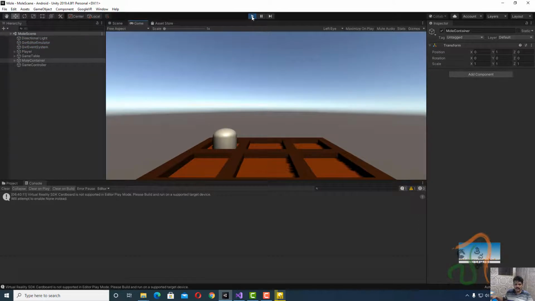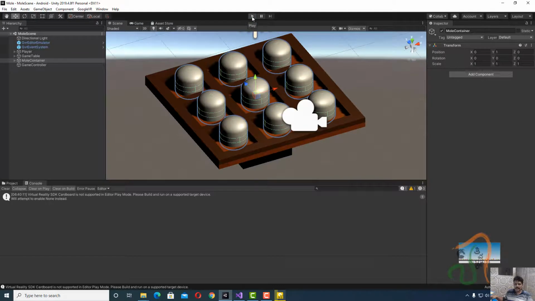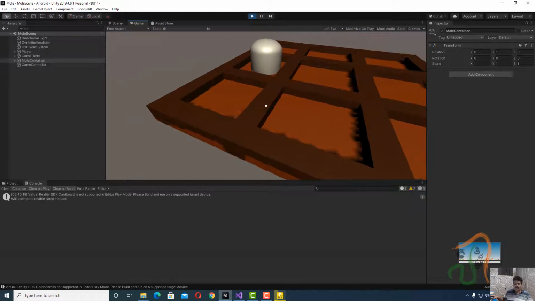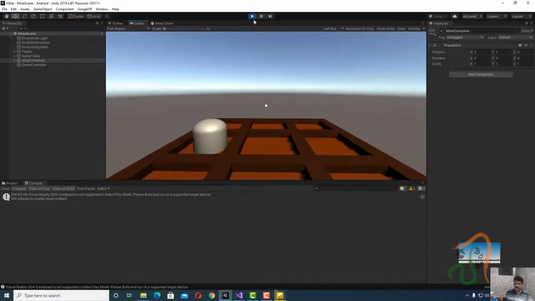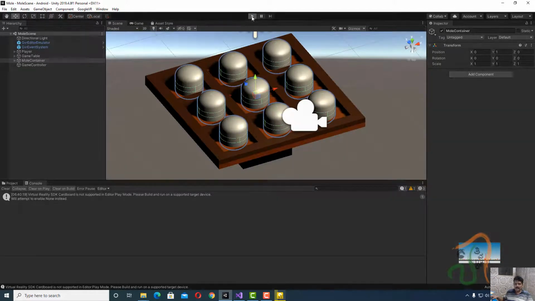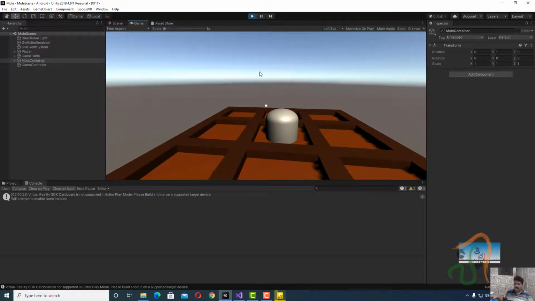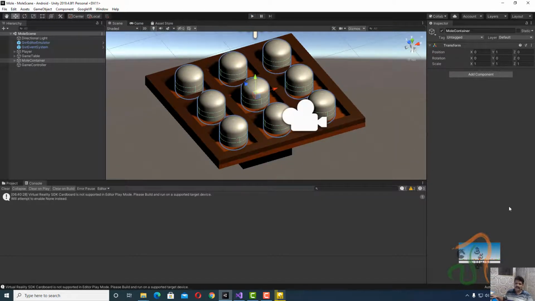Now when you play the game, you can see one mole popped up. Stop the playback and play again. You have another mole popping up from a different location. Now stop the game and again play it. So another mole is popping up. Now the thing is, once this mole pops up, after some time it should go down automatically. It should not remain like this. So stop the playback and let us see how we can do that.